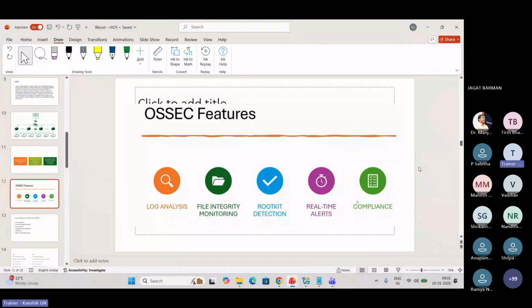For example, which folder, which path he has gone, at what time he has gone, what is the source, what is the destination, everything will be mapped. So by using that, I can do the forensic investigation. This is why the log plays a very important role in DFIR, that is digital forensic and incident response, and in the forensic investigation. Without log, we can't do anything. Yes. Next, file integrity monitoring.